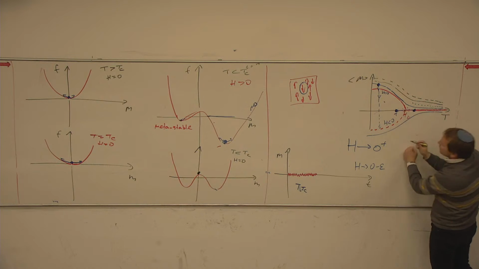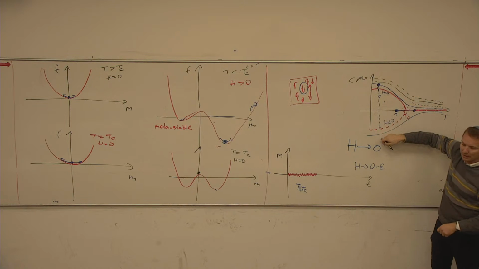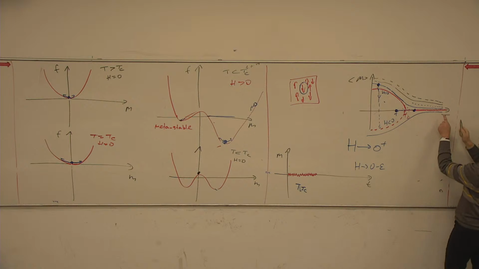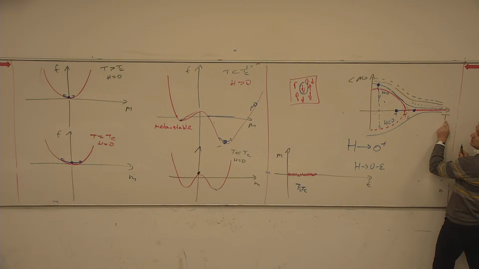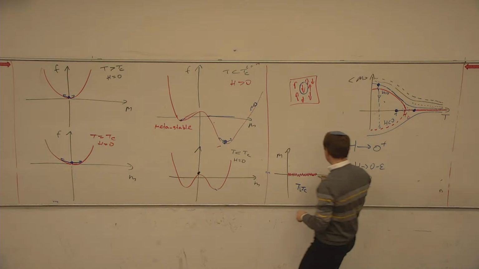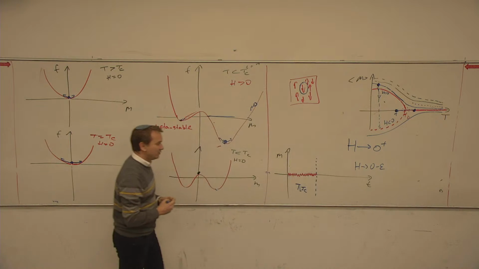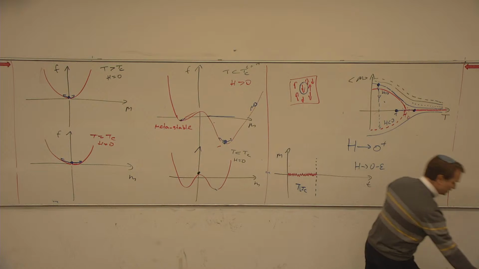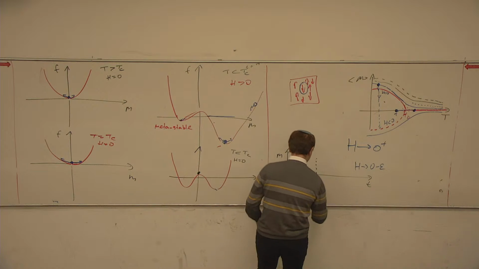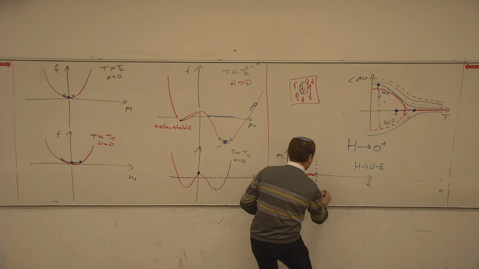This is T. If beforehand we shifted the system from up to down by modifying H, now we're shifting the system from left to right or right to left by modifying temperature. Okay, so at this point, T equals Tc. T is smaller than Tc. And here, T